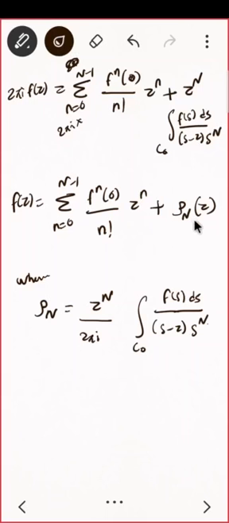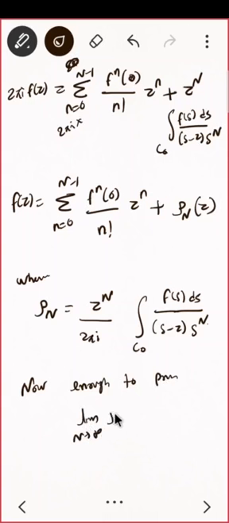Once you are able to prove that rho n goes to 0 as n tends to infinity, you may write: enough to prove that the limit as n goes to infinity of rho n of z is 0, correct? So this is what you want to prove. To prove this limit goes to 0, what you have to do is just